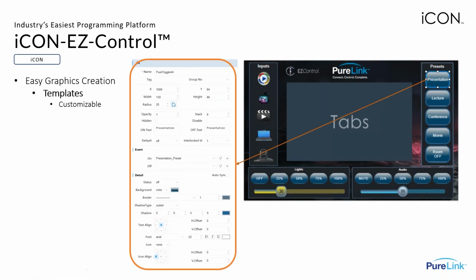And there's a lot of different customizations you can make to the individual buttons or other components of your front interface. So this is the full drop-down menu that will be given for every button, alongside naming it and giving it a tag or group number, which allows you to send a command for multiple buttons under one group or one tagging. You can change the sizing of it, give it different statuses, so off or on for toggles,